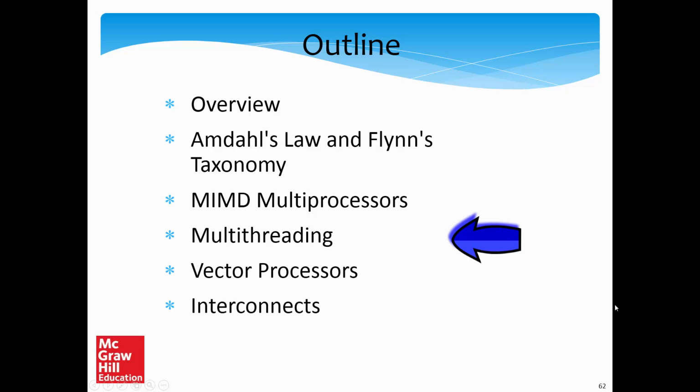Let us now discuss a new paradigm of designing multiprocessor systems. We call this multithreading. So the approach in multithreading is slightly different. It does not use as many resources as a traditional multi-core processor, and it is still regarded as very efficient. Multithreading has also been there since at least the last 10 or 15 years, and it has been more or less adopted by large sections of the processor industry.